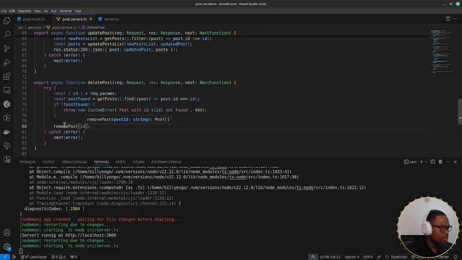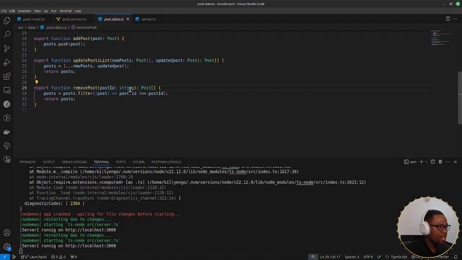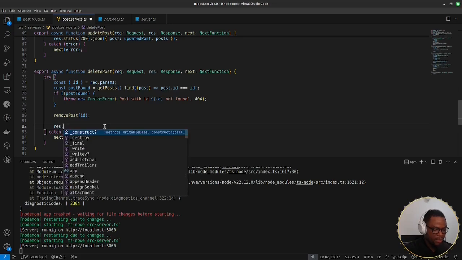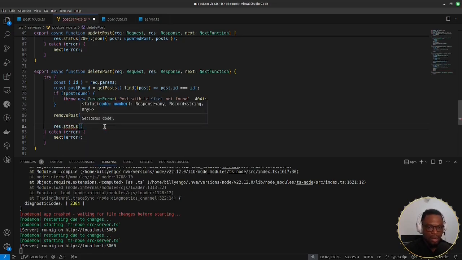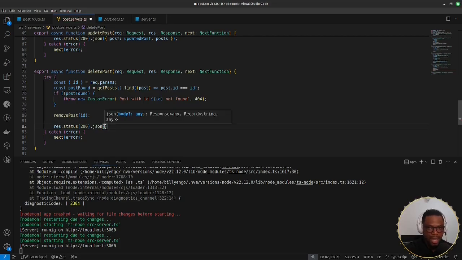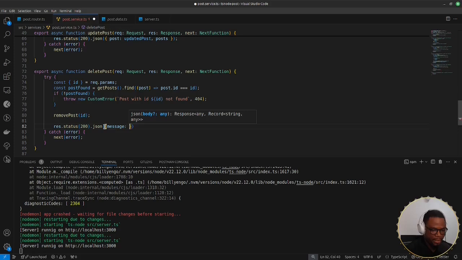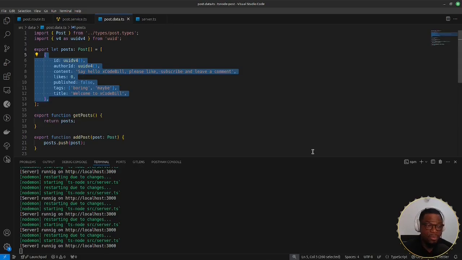So we're using this function which goes to our DB and filters that out from the list of available posts, the post list. And the last thing we do is we say res.status(200).json, and then we just pass in a message that says successfully deleted. So our API is ready to be tested, and what you can do is you can install Postman